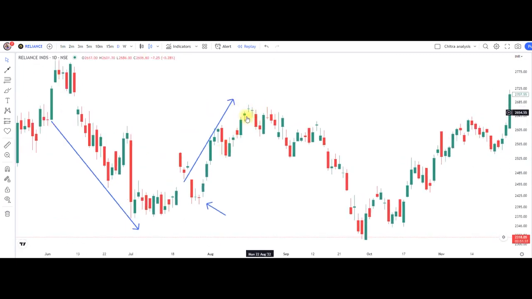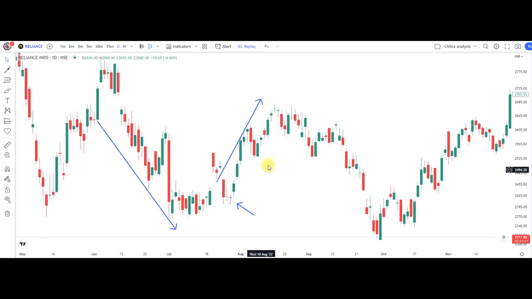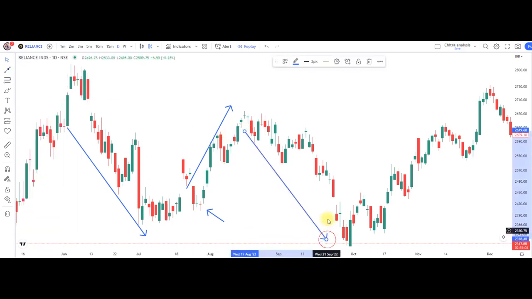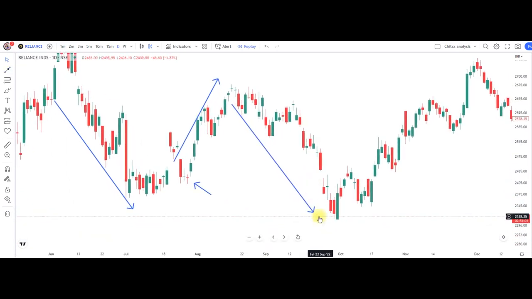Okay, so after that what happened? Again we got a doji at the top of the trend. So buyers and sellers are trying to push the price up and down. After that, this doji candle's low is broken. Did you see the fall after that? The price started falling. Okay, so this is how you have to use the doji in your trading according to the time frame which you have to select.